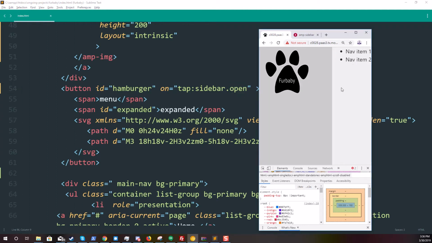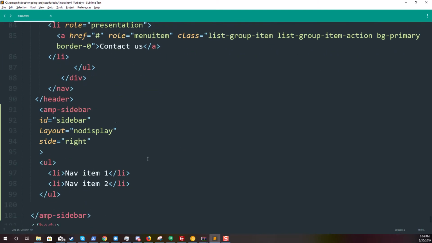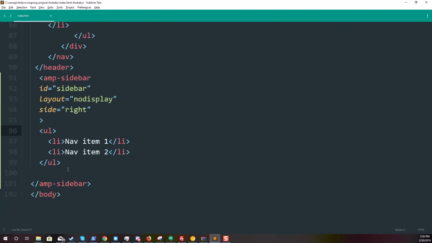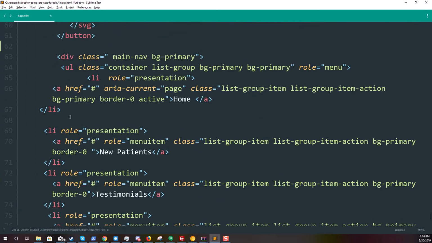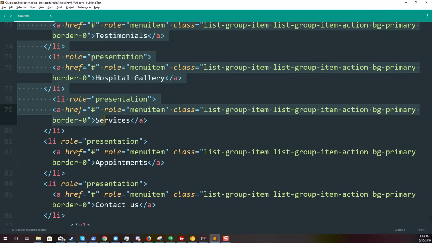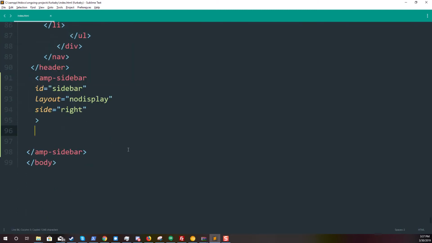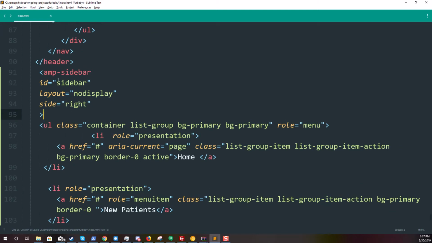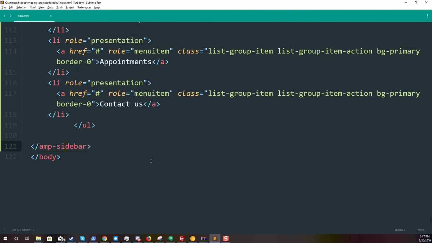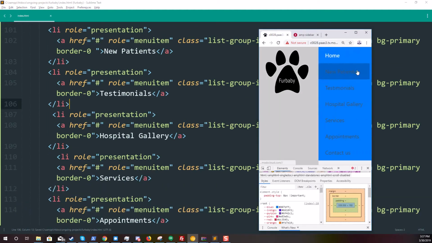Okay, but right now our sidebar has just some list items that aren't really doing anyone any good. Well, good news is that you can put any kind of content that you want in AMP sidebar. We're going to be putting our menu. So let's go over here where our menu is, and let's copy this unstyled list, or unordered list if you like. Let's copy it. Remember, all the content of the sidebar must go between the opening and the ending tags. Okay, now let's save it and try it out.